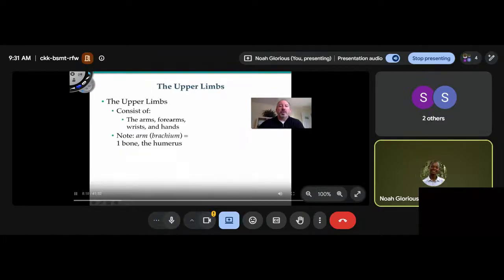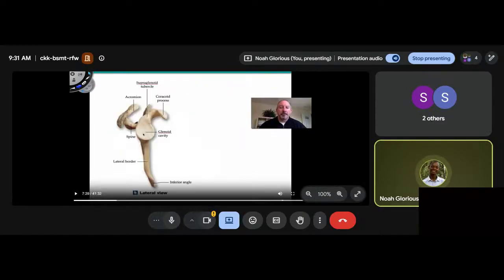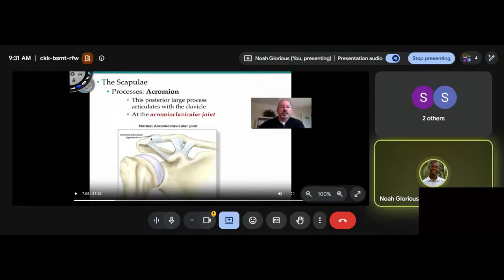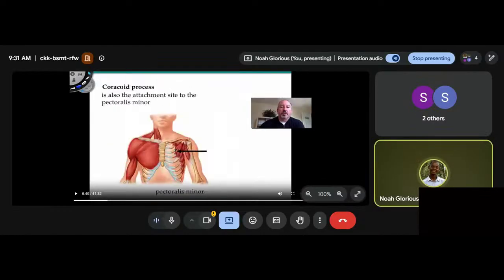I don't know whether that one was a bit faster. A bit. Okay. Yeah, I was able to see that. So first, before we go now to these bones, I would like to ask whether you are able to get the difference between the two processes that we have mentioned. That is the olecranon process. We have already mentioned that olecranon, and the other one that we have just mentioned,